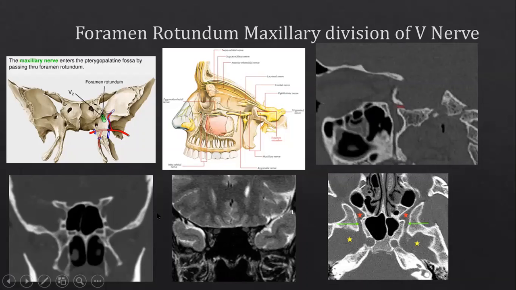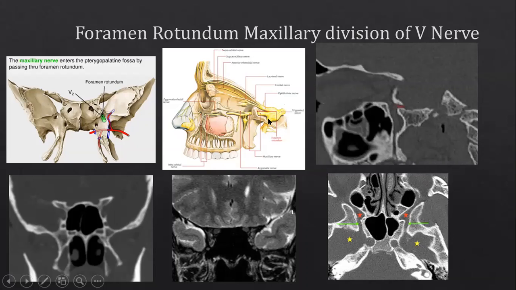In the coronal plane, we saw the optic nerves, but these are the foramina rotunda with the gray appearance of the maxillary nerves. So the maxillary nerves here or here are contained within the foramen rotundum. So that's the anatomy of the foramen rotundum. Remember, the maxillary division is really a trigeminal derivative. So the trigeminal nerve with its Meckel's cave, coming from the brainstem,